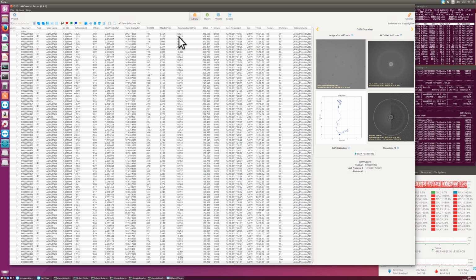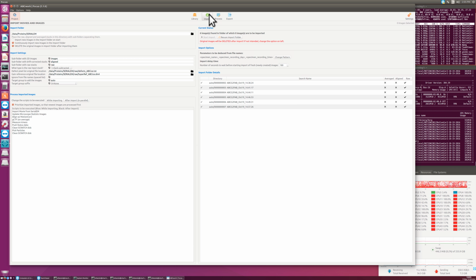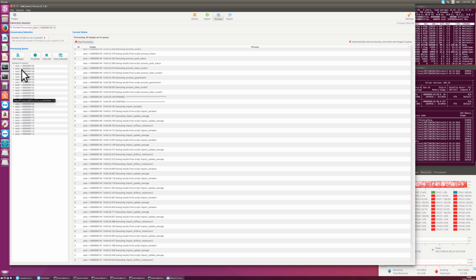Hi, so we have now imported more images. So they are all imported. These additional ones that I added have quite some ice contamination and other problems. They needed a different defect list and gain reference because they were from a different data set. And some of them are still processing, so the last 20 or so are still in the batch queue and